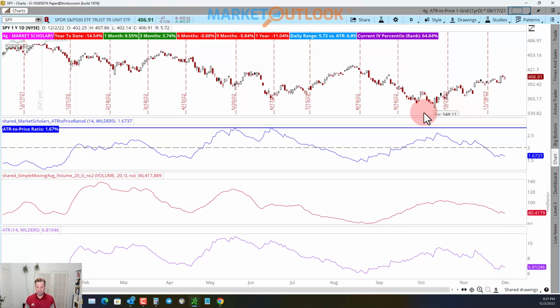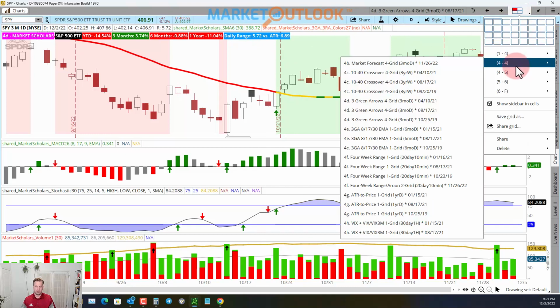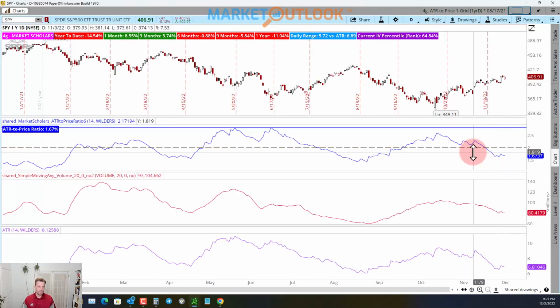You can see the ATRs are down, the volume is down. So it's been a good run with smaller ranges. Now we just keep an eye on if and when we ever exceed those ranges. If I go over here, today we're at 86 million, and the range was almost 6 points. We filled in most of the gap, so almost 6 points there, a little bit below the average, just about at average. So the more we get below that and get smaller and smaller ranges, that will get this back down below 1%, that ATR to price ratio there. Get it below 1%,